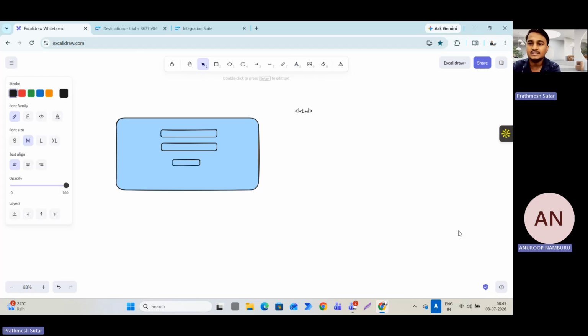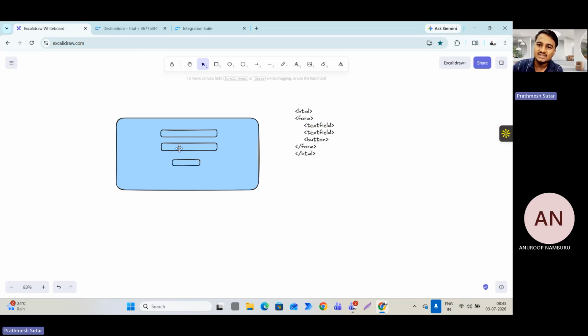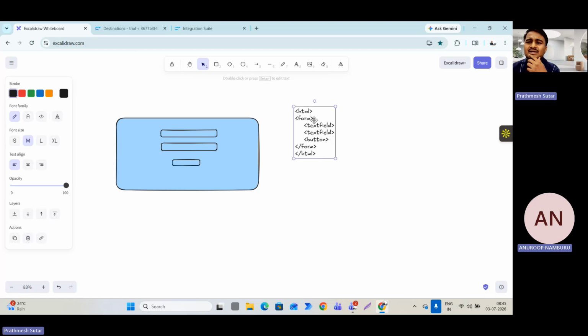For example, in HTML, he writes a form, then a text box, again a text field, a button, then ends the form. And HTML, right? After doing this, this kind of interface is created. Clear? Yeah. So now the world has evolved, and the concept was introduced called low